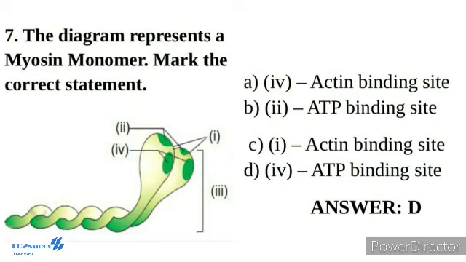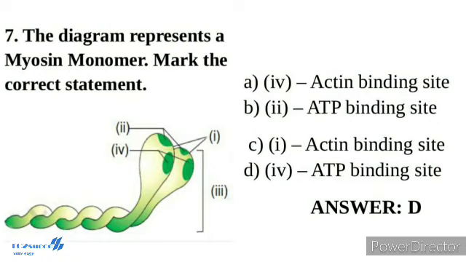The HMM component, the head and short arm, projects outwards at a regular distance and angle from each other from the surface of a polymerized myosin filament and is known as cross arm. The globular head is an active ATPase enzyme and has a binding site for ATP and an active site for actin.